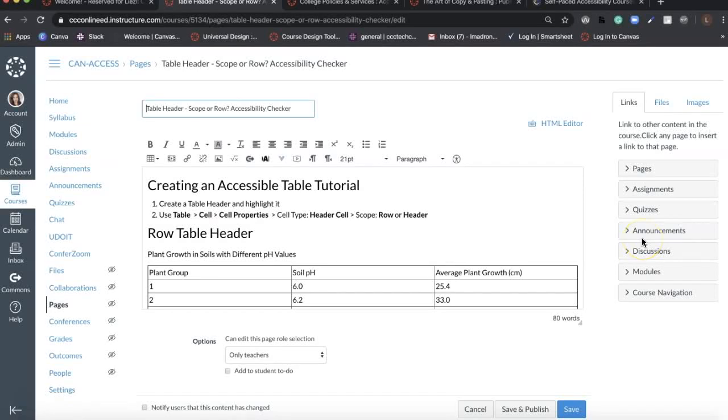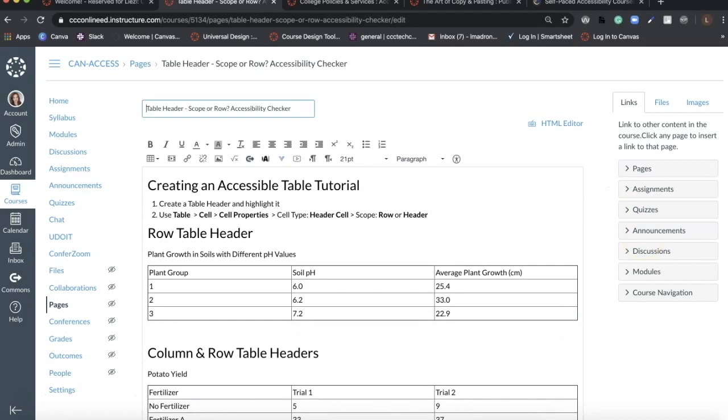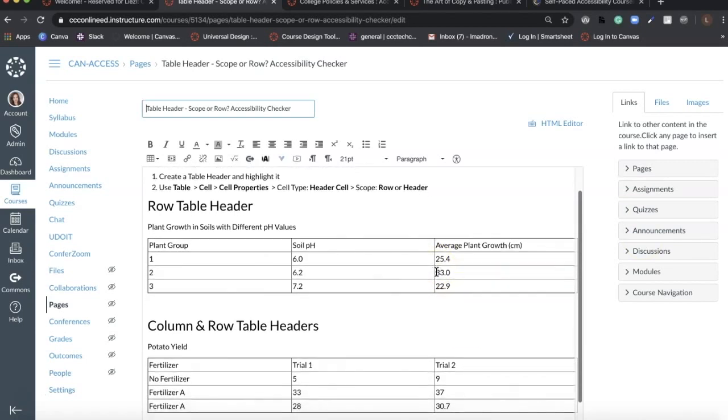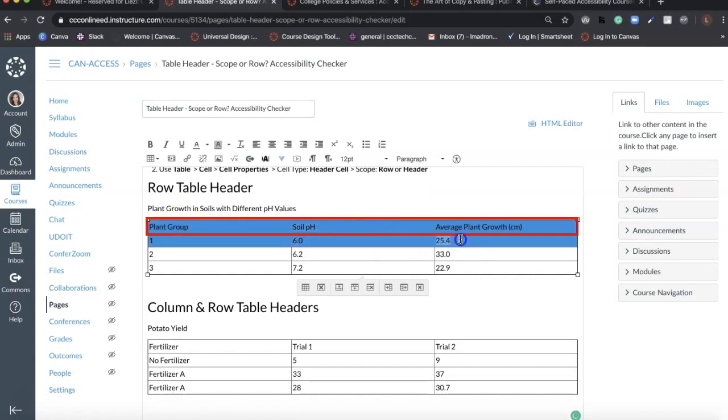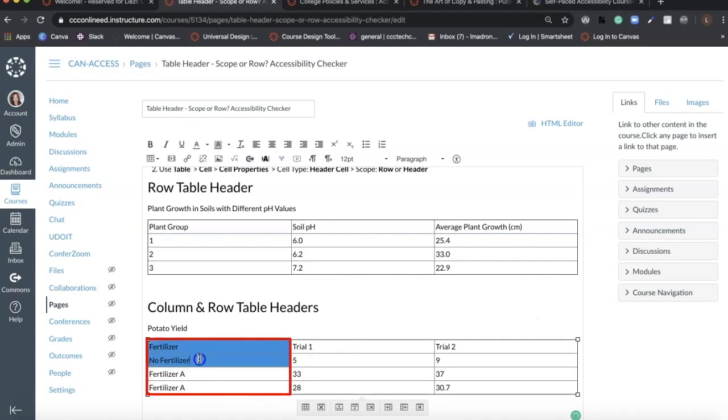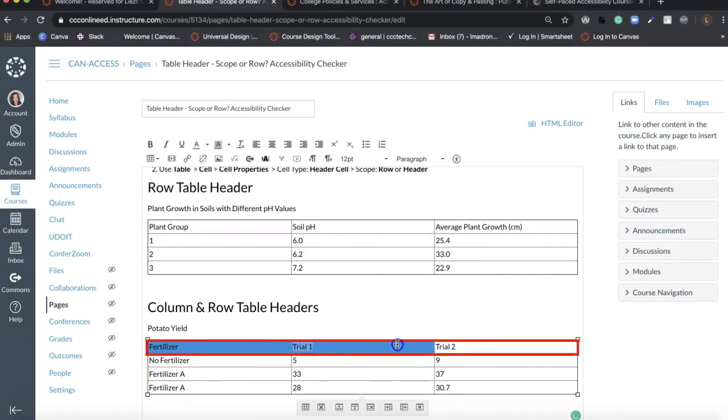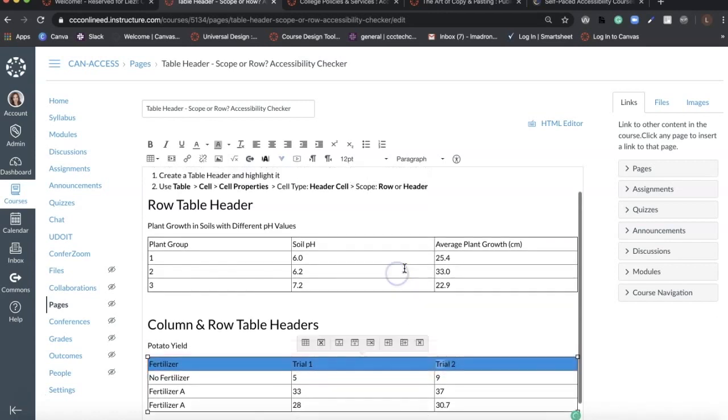Let me show you how to create an accessible table in Canvas by using the Accessibility Checker. I have two table examples. The first table has only one row table header, and the second table has a column header and a row table header. Now, in the upper right-hand corner, we are going to use check accessibility,